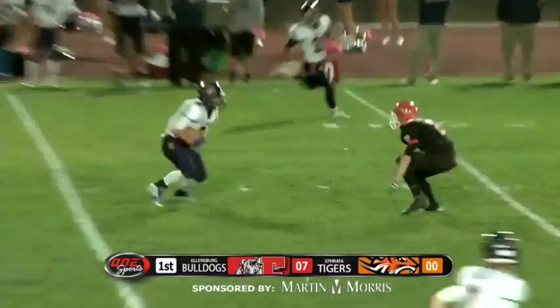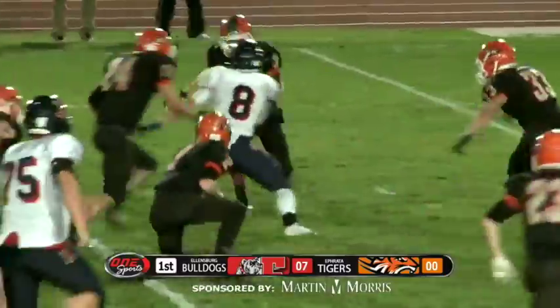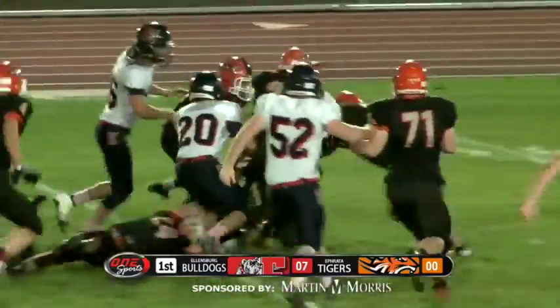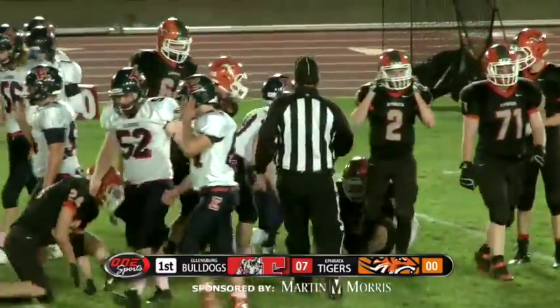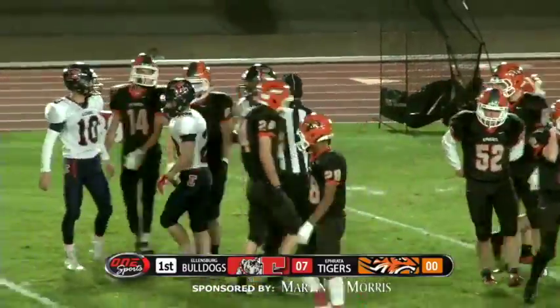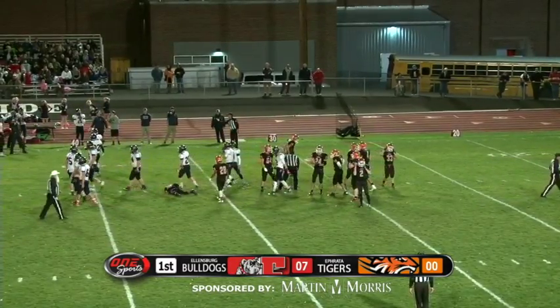Fakes the handout, fires downfield, that's caught. Makes the defender miss, he's still on his feet. Spin moves, finally brought down at about the 32-yard line. Yeah, he's doing it. It looked like he was dancing a ballet there for a little bit. Just